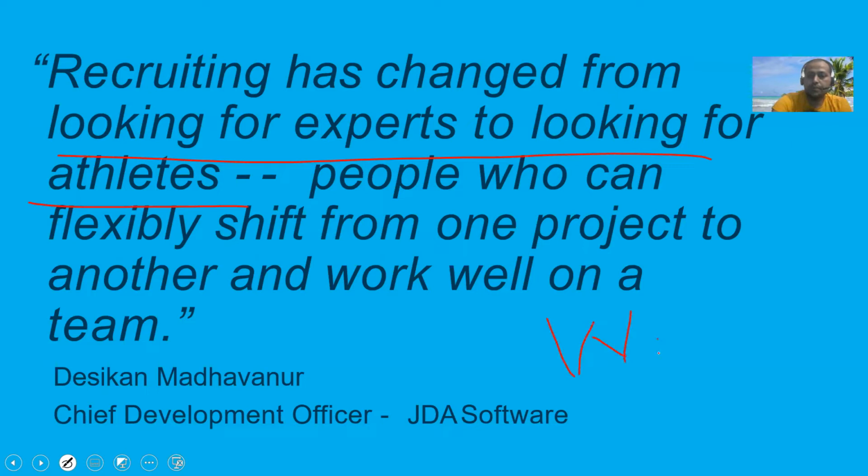So what is your win-win situation? Learn a new thing every day. Try at least to understand what new is coming in the market and learn it, and then try to implement it in the coming months. So learn every week and try to implement every month. That's the key. And you have to create a solid foundational background for upcoming technology. Correct. That's well said. Recruiting has changed from looking for experts. So they are not looking for CCIs, and that's a loose term, they are not looking for 100% SMEs, but they are looking for athletes who can learn and deliver.